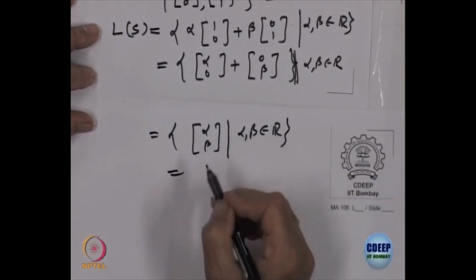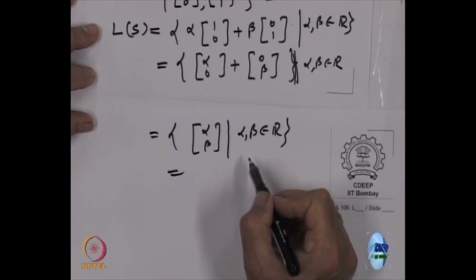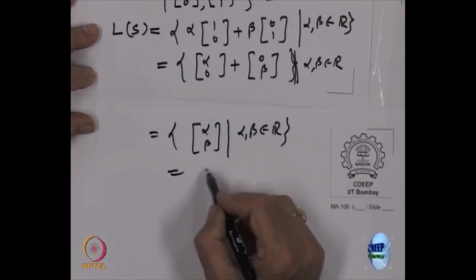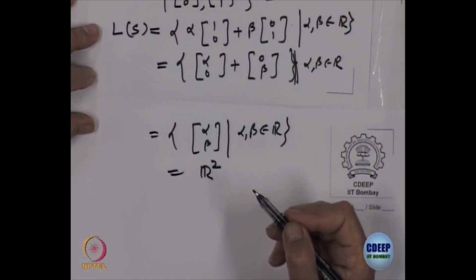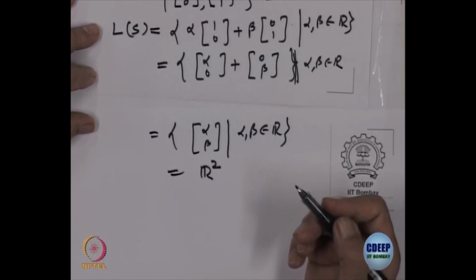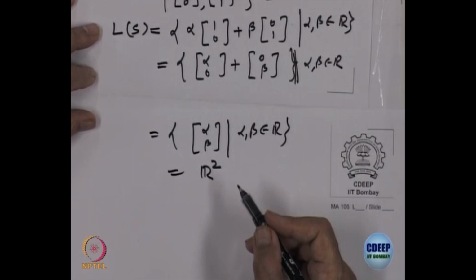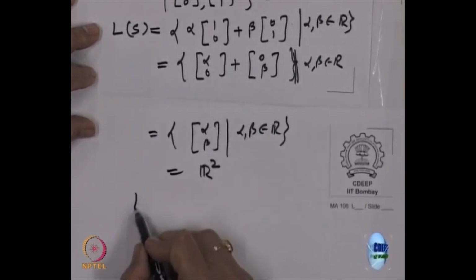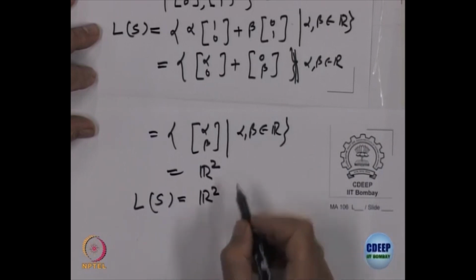If alpha beta are arbitrary, what is this equal to? This is precisely R 2, the whole plane, right. Alpha and beta are arbitrary. So, every vector in R 2, I can choose it and make it equal to this, right. So, L S is equal to R 2